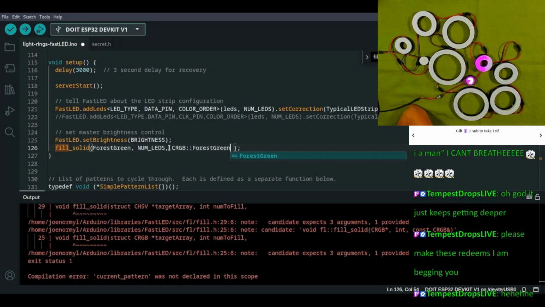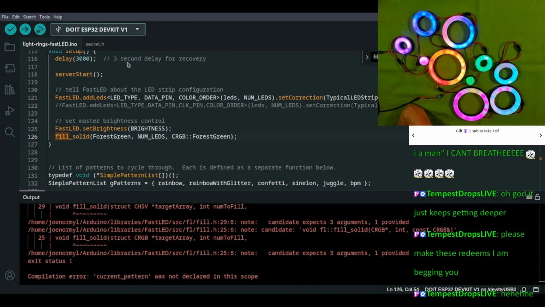back to the fast LED. I was just giving Joe some time to troubleshoot. I'm trying to figure out what it wants for the first parameter here. It's a little more vague than I expected.